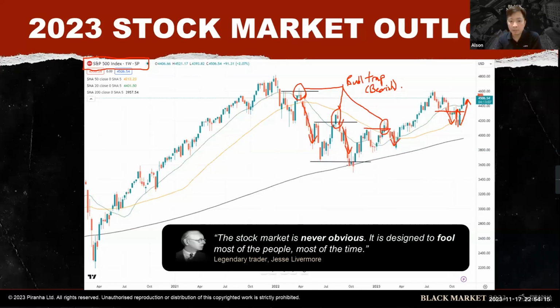It is because the market over here did what we call a bear trap pattern, which is bullish. A bear trap pattern, which is bullish. And let me share with you guys these. You can write it down. It's an important tip.